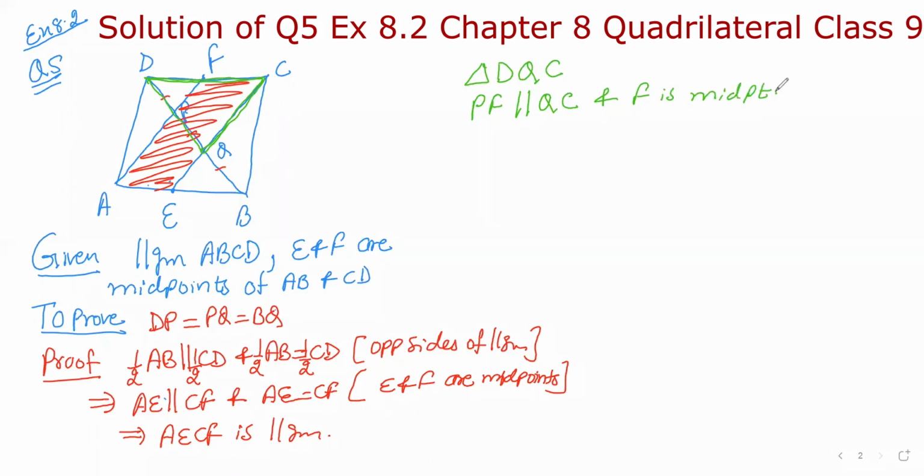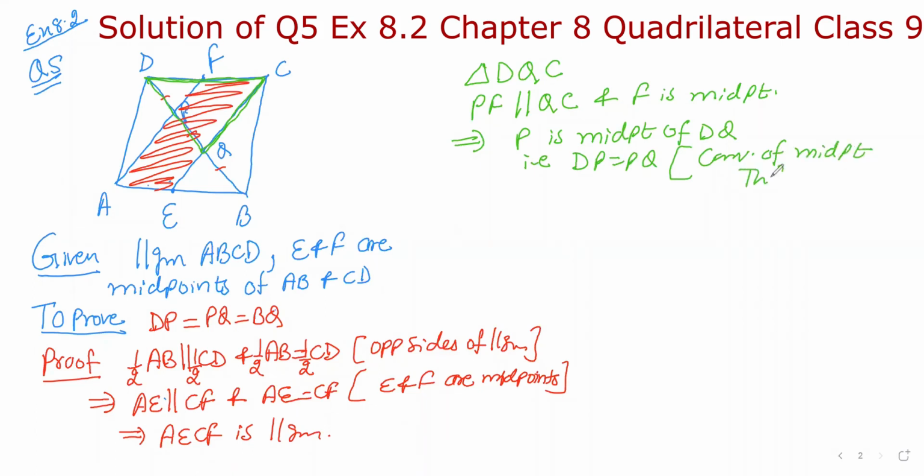And we know if from a midpoint we draw a parallel line to the base, that line bisects the third side. It implies P is the midpoint of DQ. That is DP is equal to PQ. By converse of